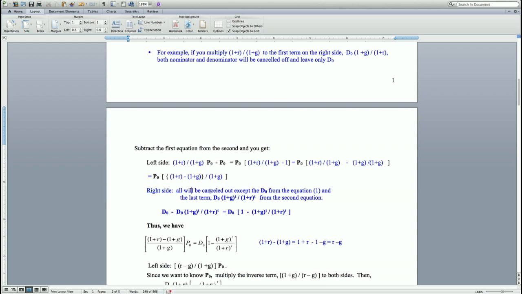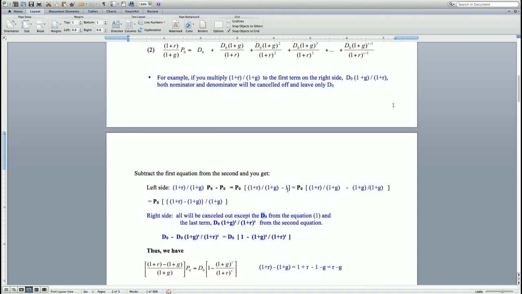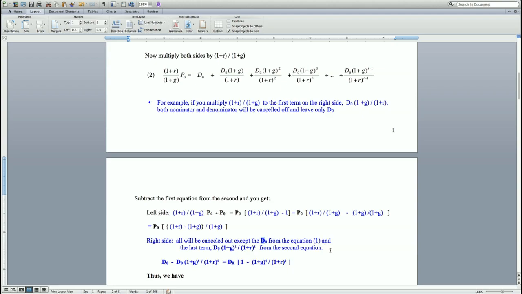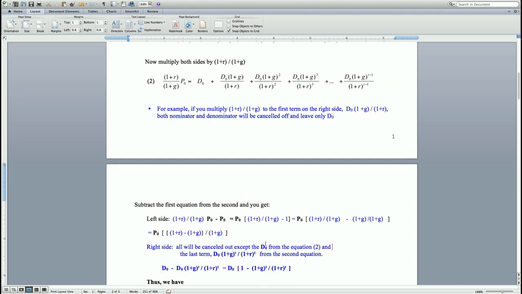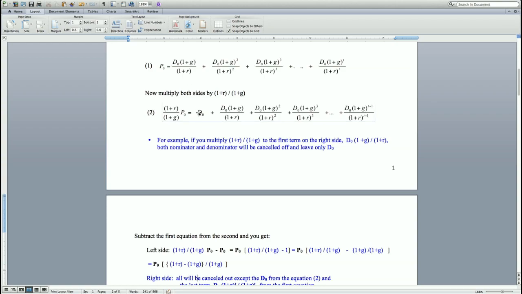All will be cancelled out except the first one from equation 1. Nope, it should be equation 2. It's my mistake. Okay, equation 2. And then the last term, from the last term of the first equation. Okay, so on the right side all will be cancelled out except two terms, only this guy and the